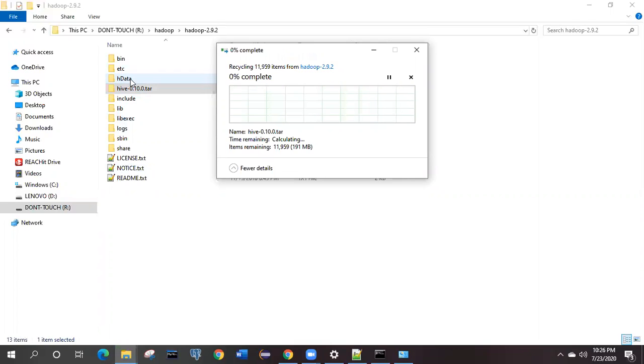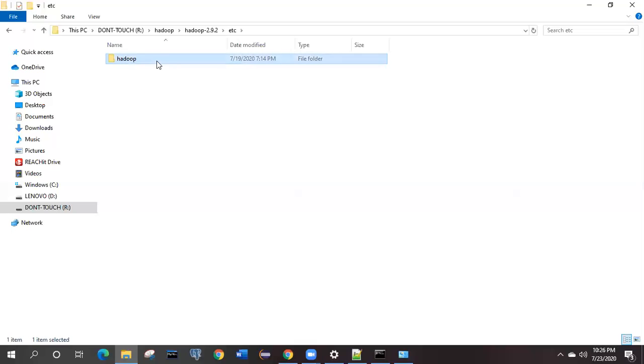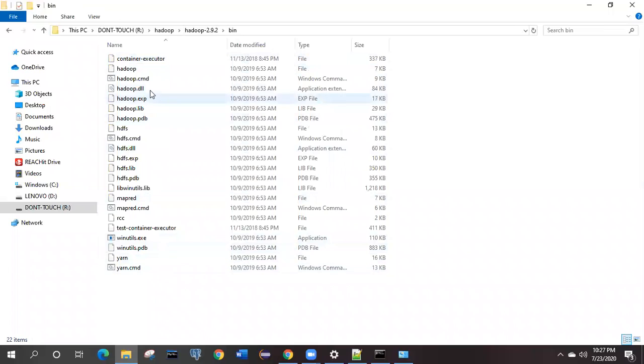Okay. So first, what are the configuration changes we need to make, and how Hadoop is going to work. There are a couple of changes that we need to follow. Once you open this bin folder, here we have to put some Windows related files like hadoop.cmd, hdfs.cmd, mapred.cmd, winutils, and yarn.